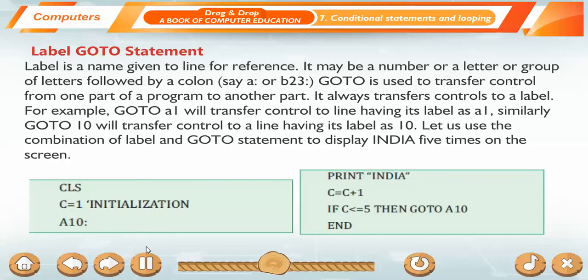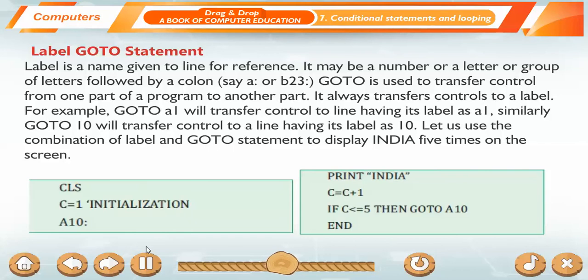Goto is used to transfer control from one part of a program to another part. It always transfers control to a label. For example, goto A1 will transfer control to the line having its label as A1. Similarly, goto 10 will transfer control to a line having its label as 10.